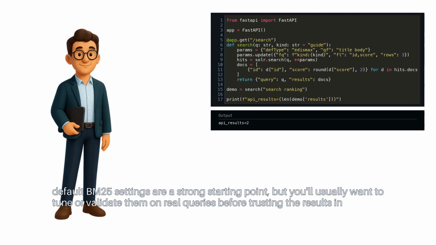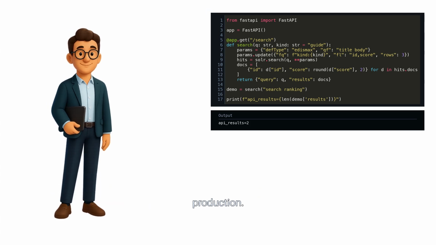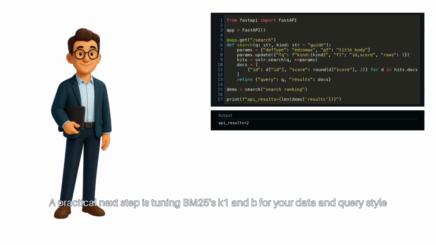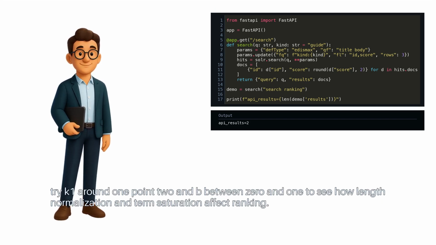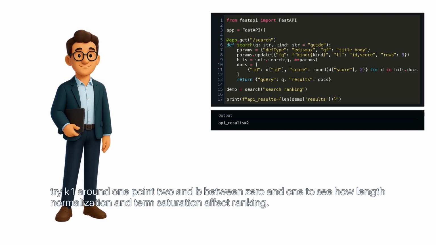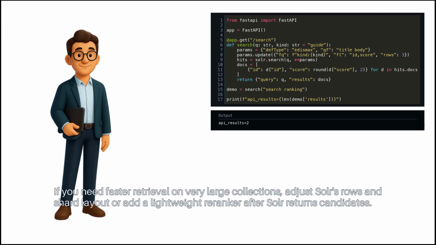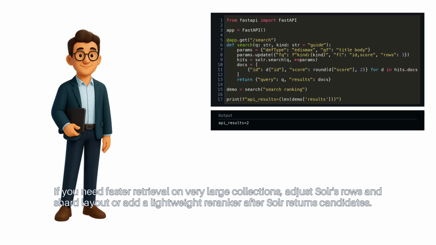One caveat: default BM25 settings are a strong starting point, but you'll usually want to tune or validate them on real queries before trusting the results in production. A practical next step is tuning BM25's k1 and b for your data and query style. Try k1 around 1.2 and b between 0 and 1 to see how length normalization and term saturation affect ranking. If you need faster retrieval on very large collections, adjust Solr's rows and shard layout, or add a lightweight re-ranker